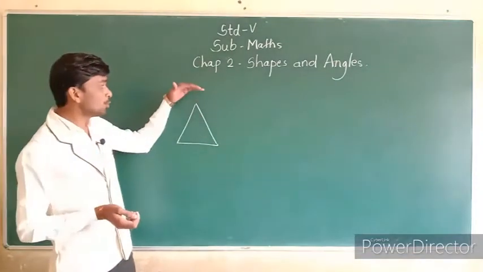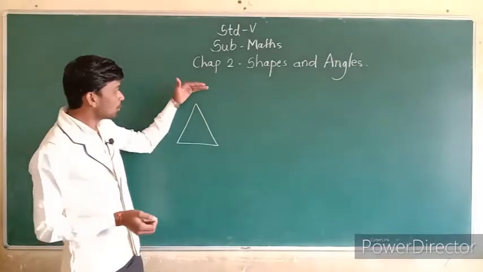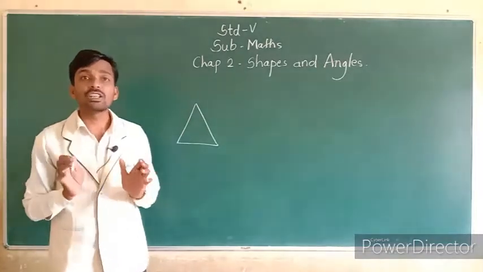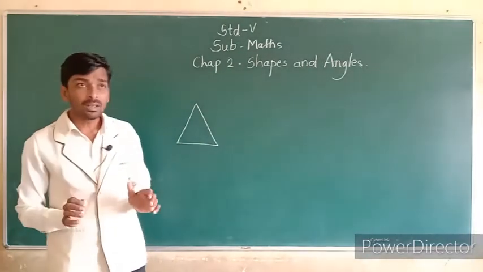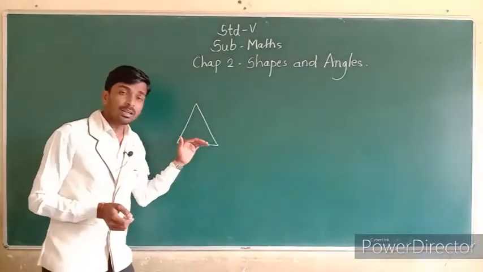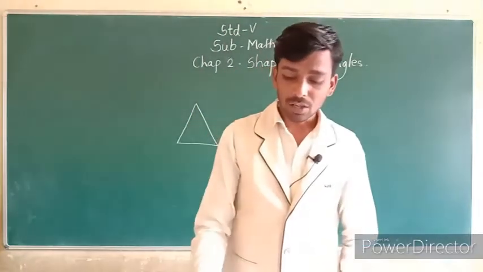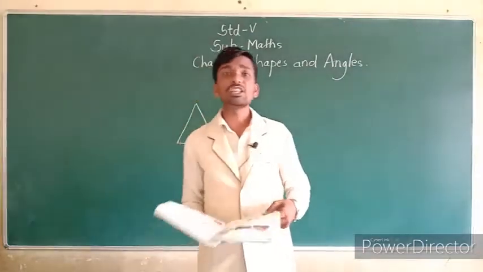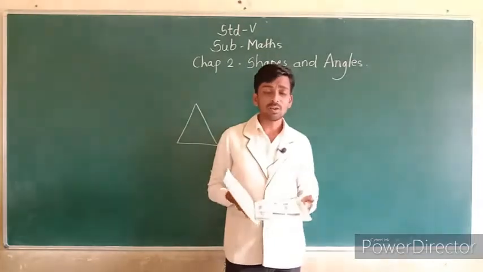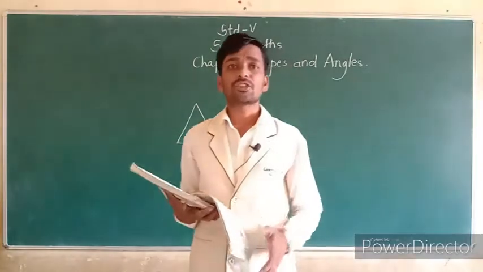Why? In the last activity we know that when we push downward, the shape does not change, the angles do not change. Once again, when we push this downward, do the angles change? No, the angles do not change. Therefore a triangle is stronger as compared to other shapes, and therefore in towers or bridges they use the triangle shape.